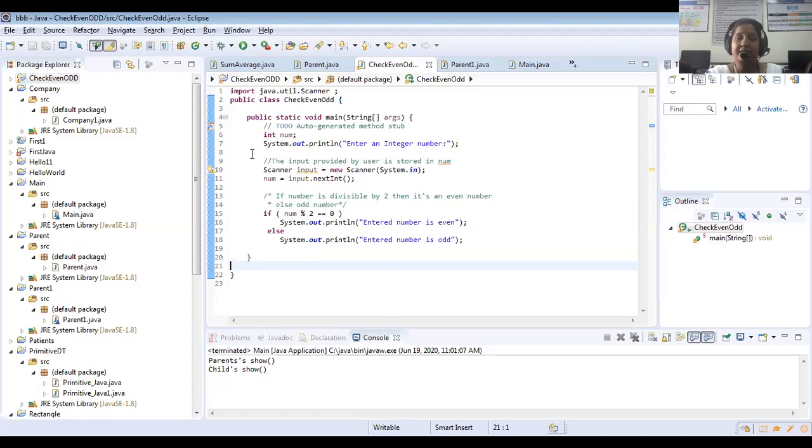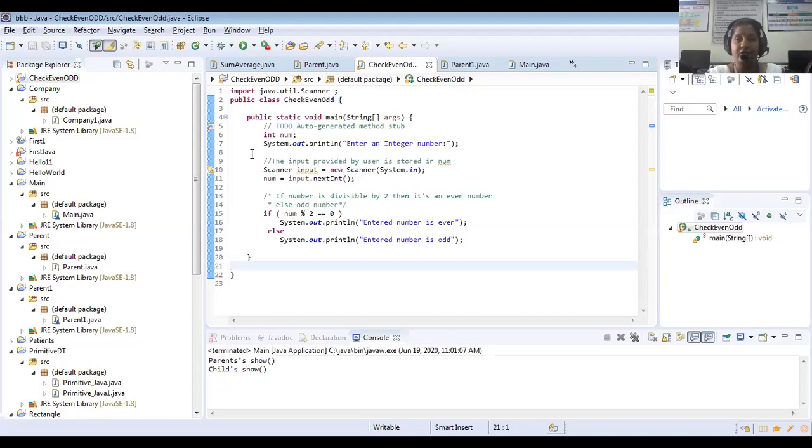Java has a number of built-in packages itself. Whenever we use a class or method which is present in a package, we have to import the package. These are called built-in packages. We can create our own user-defined packages also. When we discuss packages, we will discuss this more. Now you should understand that if it is a built-in package, we should import the package.